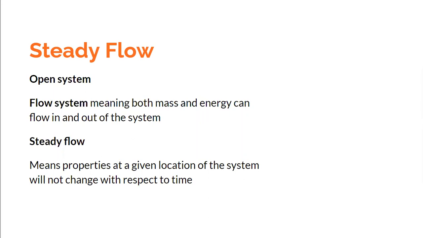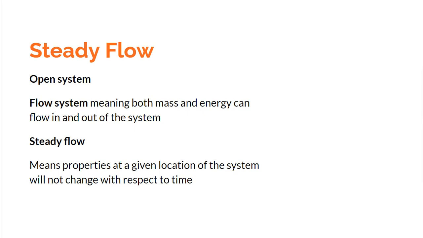So for example, if you are considering a boiler, if you exclude the starting time or the shutting down time of the boiler, you'll find that the boiler is operating as a steady flow system, and we can analyze the steady flow system. We can apply the steady flow energy equation to the boiler, and we would get fantastic results. Okay, similarly, we can apply the steady flow energy equation to steam turbine, to compressors, and many practical systems without much error. Okay, so that is the reason why steady flow approximation is used.